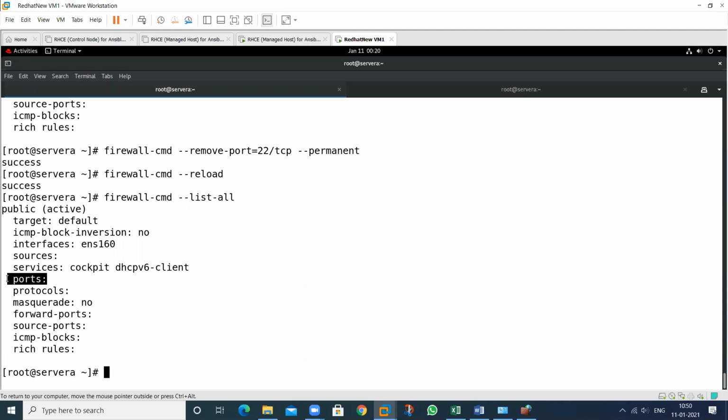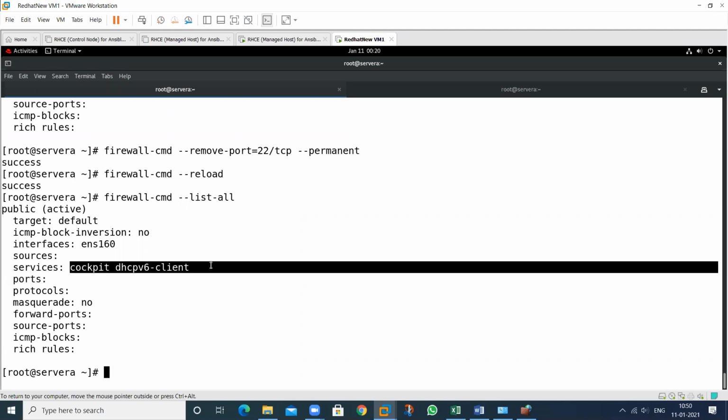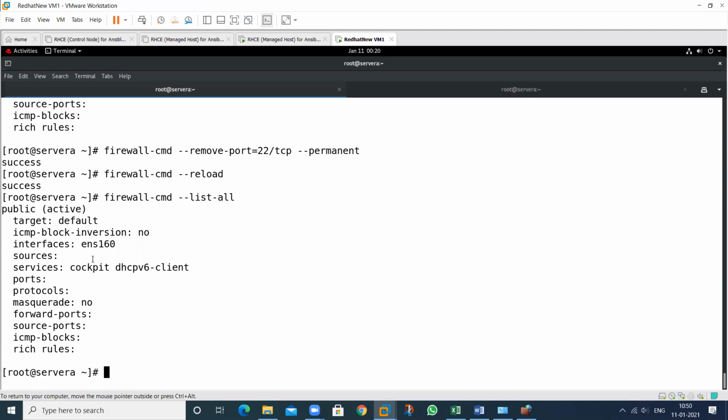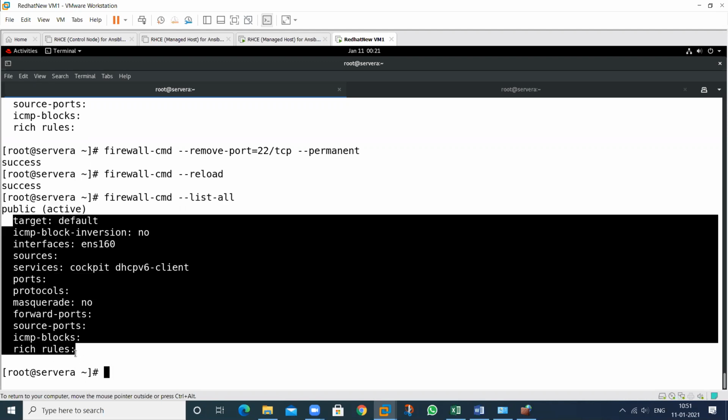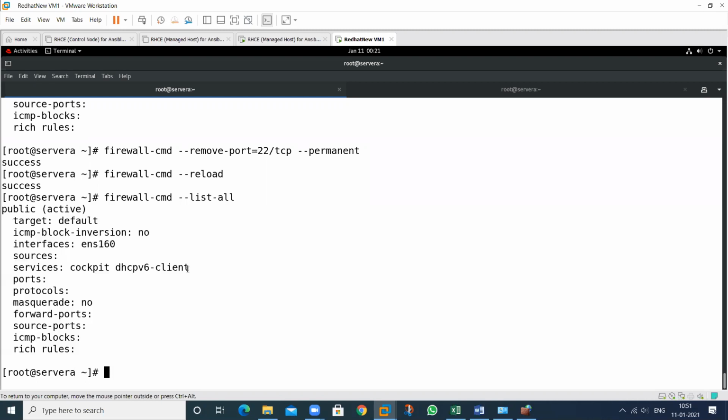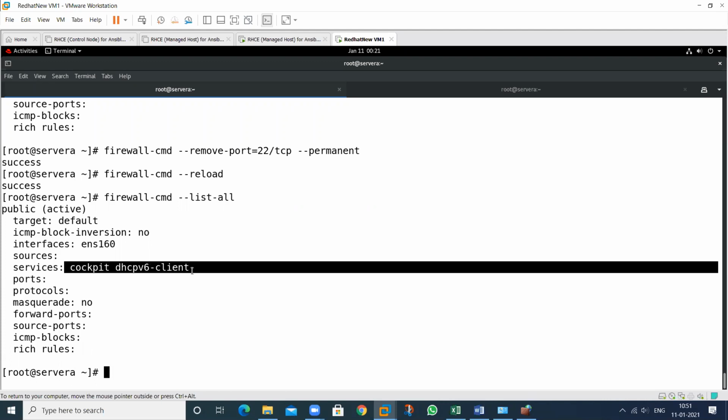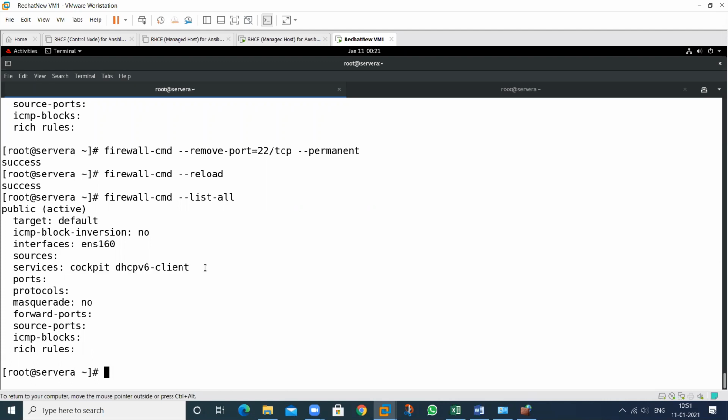So if I enable the service, last time I enabled the port and now we access that particular service, so we have to enable this in the firewall. If there is no service, we call Linux secured because there is no service allowed. Only SSH is allowed by default. But if I remove that, that particular service cannot be accessed through the network.